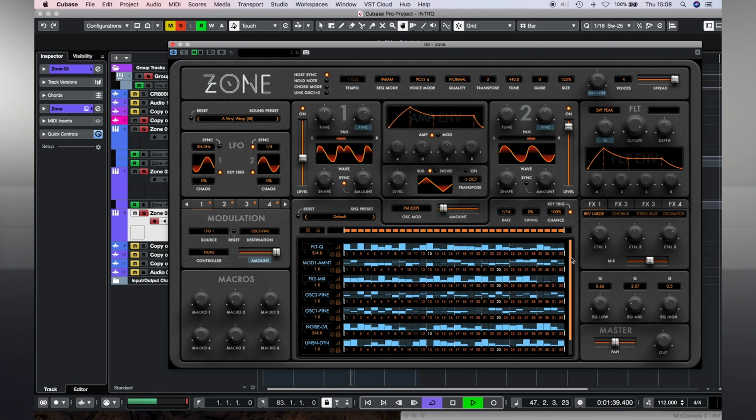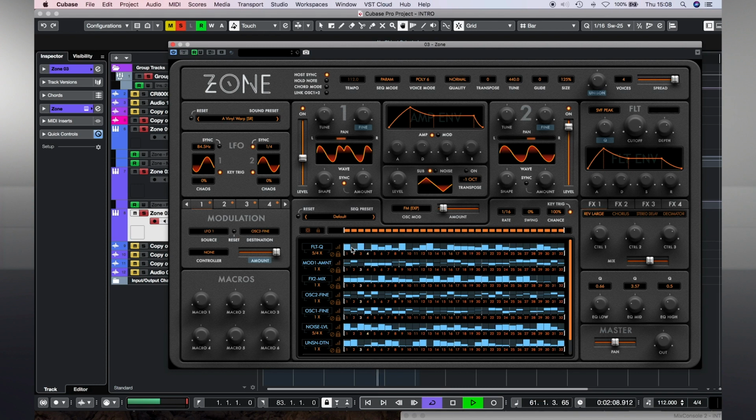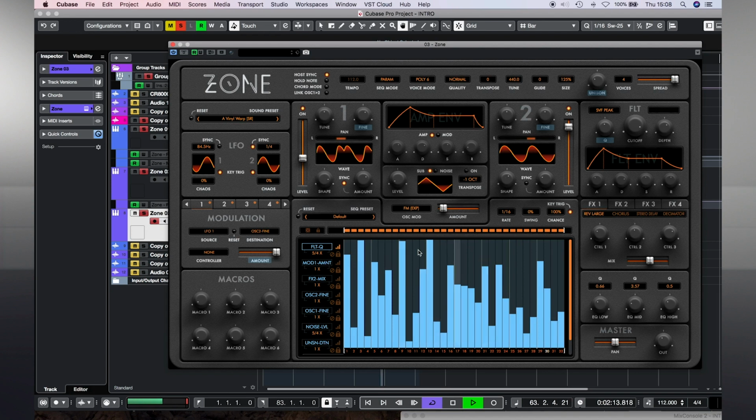Pretty much every parameter on here can have its own lane and can continue to evolve over these 32-step sequences. In this particular preset, we've got the filter resonance, and I think this was generated completely randomly, by the way. These patterns don't mean anything. I wanted to create a sound where there's so much free-flowing modulation happening that you couldn't possibly recreate this using automation. And this is evident in the fact that the filter cutoff follows this completely random pattern at 5/4,